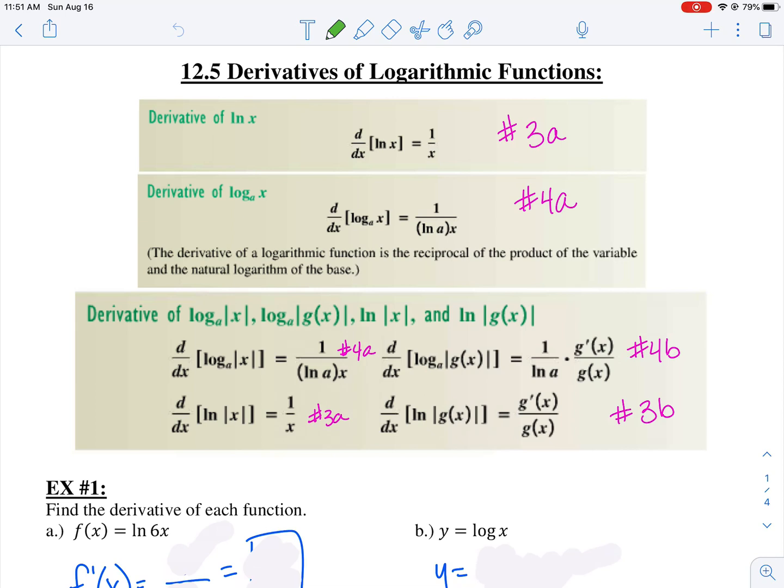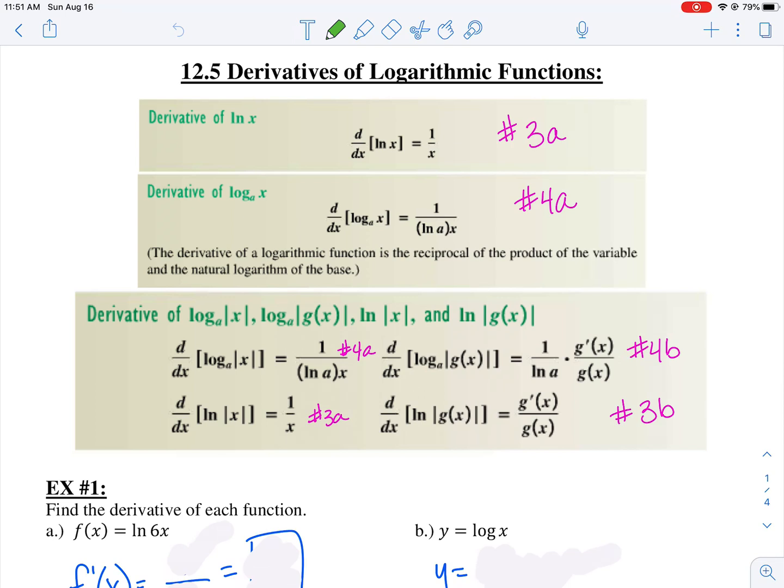All right, in this section, we're going to talk about the derivative of logarithmic functions. You can see that we have a couple different formulas here for the derivative of natural log of x and log base a of x. I'm going to call the first one 3a and the second one 4a, just so I can reference it with you. Now you might notice in the bottom box, I've also labeled some of them 3a and 4a,